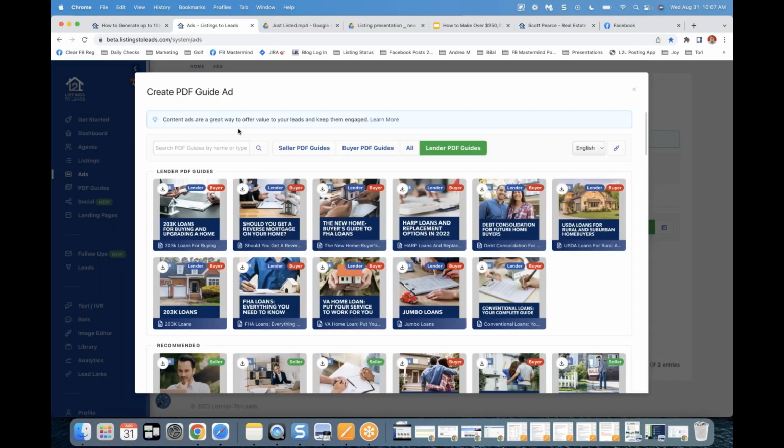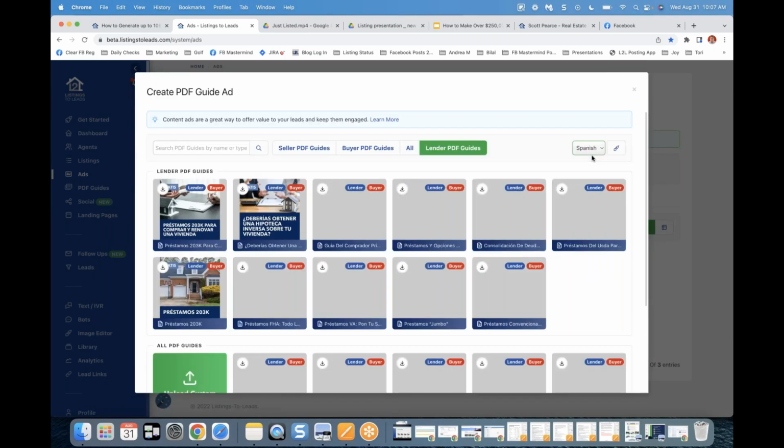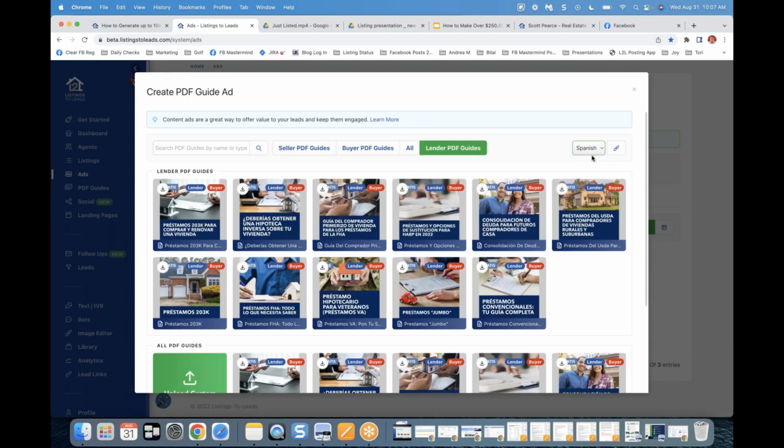From here, I can look at all my PDF guides. And again, here, English, in Spanish. So any of you that are going after the Spanish market, you can run one ad in Spanish and you could run another ad in English and really hit it hard. All right. Absolutely awesome right there. So I'm going to go back to English